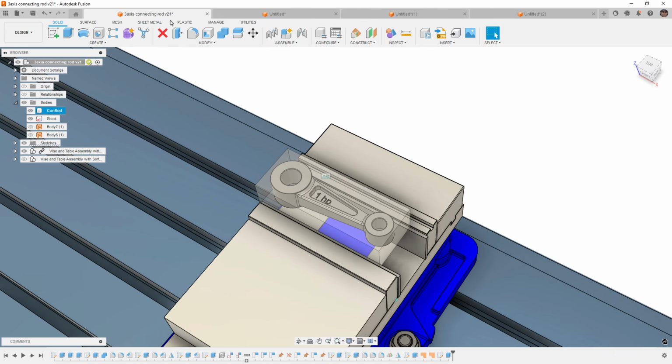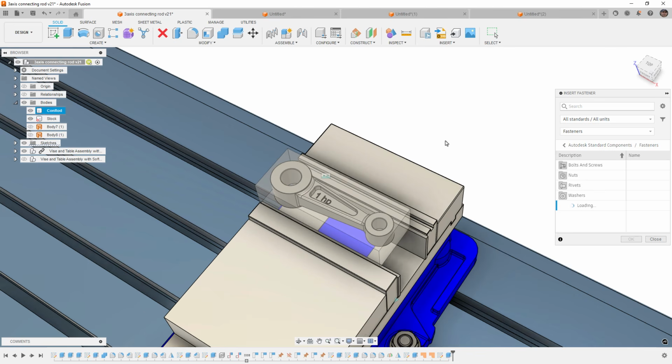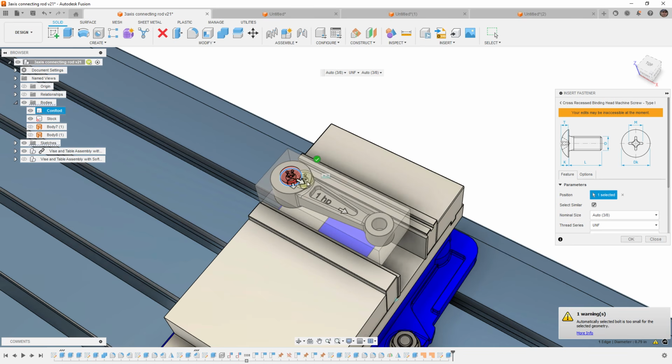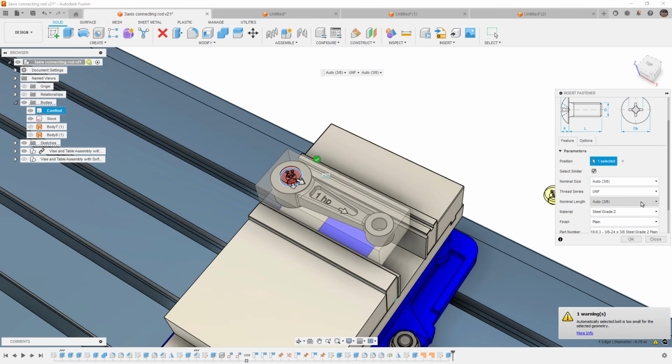The next thing is, again, something I have mixed feelings on, Insert Fastener. Insert Fastener always gets updates with every update to Fusion. Essentially, the bulk of it is that more hardware gets added over and over again. What has changed this time is actually the ability for us to configure hardware. And what I mean by this is that in general,